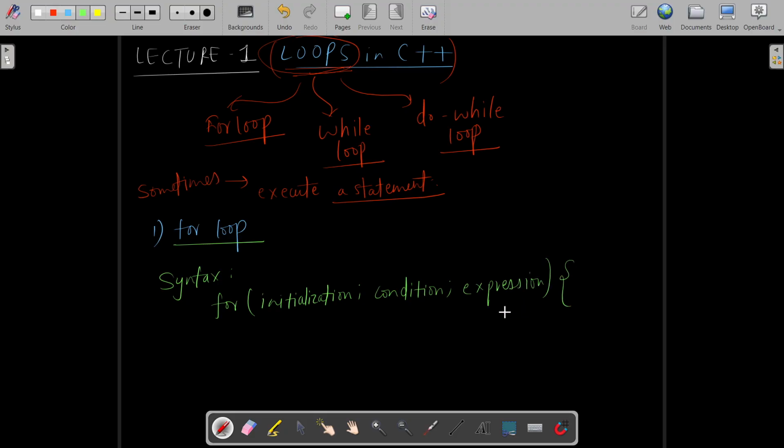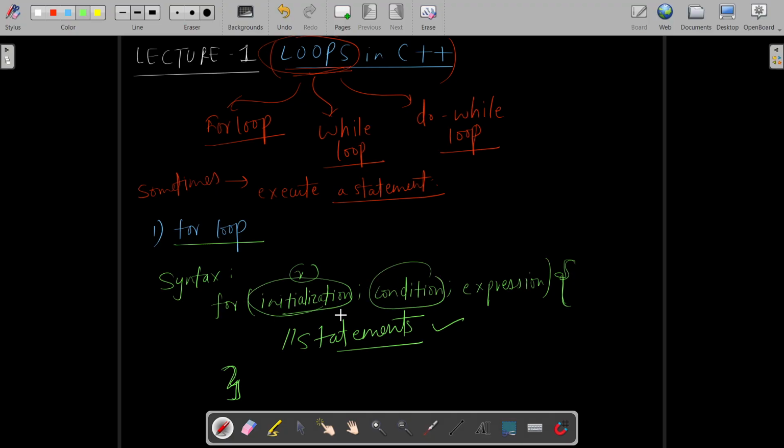Then the scope of the for loop starts. Within this block of the for loop, there will be some statements, and these statements are executed again and again